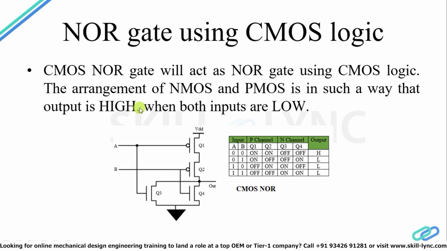So it says that when A equal to 0 and B equal to 0, only in that case output is high, otherwise in all other cases output is low, because Q1 and Q2 both are in series and connected to 5 volts, so output will be high only in the case when both are on. But for both to be on, the inputs should be 0, which is only in the first case. Otherwise in all other cases the output is low, because this series path is not completed. So it is a NOR logic gate.